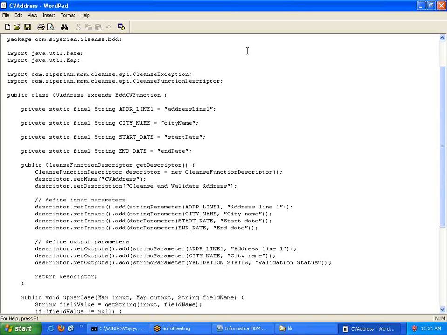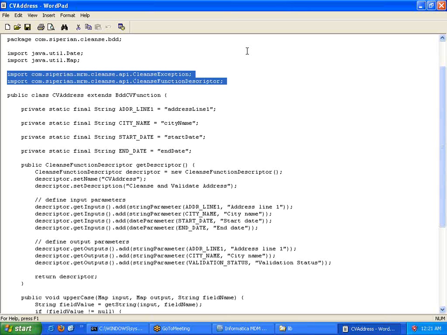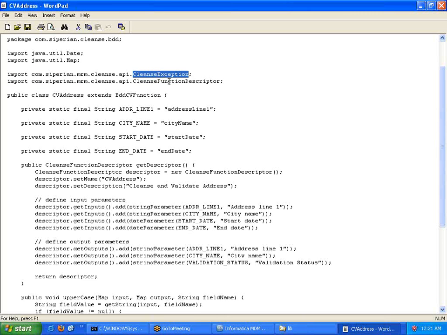So these are the predefined packages. In case you want to use any predefined package, we can just import them and start using it. Yeah? And then we have these two classes, class exception and class function descriptor, which will be derived from the Siperian API jar file.